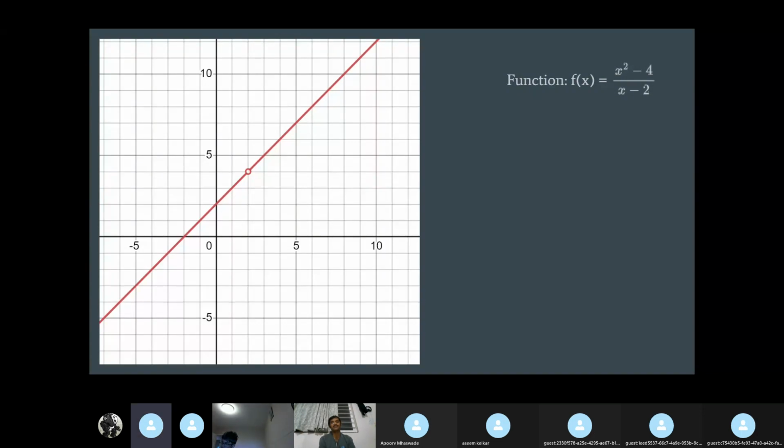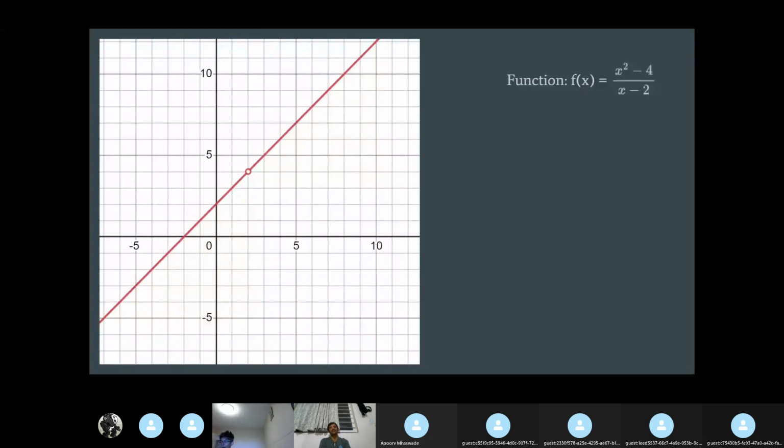Yeah, I think it would just be undefined because if you put in 2 into the function that we're given, the denominator would be 0. So it just has a hole at that point. But otherwise, the two functions would be the same. Okay, that's an interesting idea too. It's a good question though. I do believe that it is undefined, but the question is why is it not